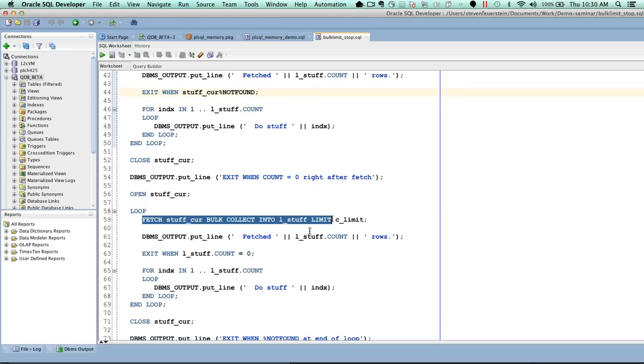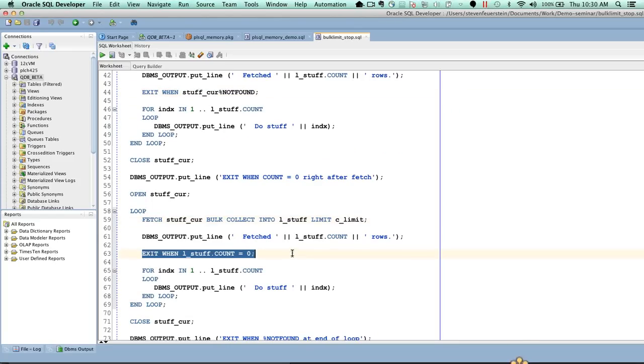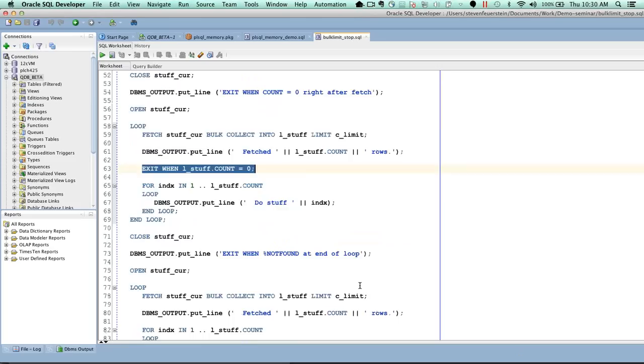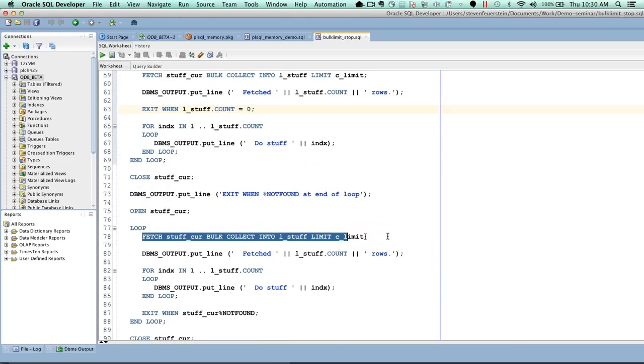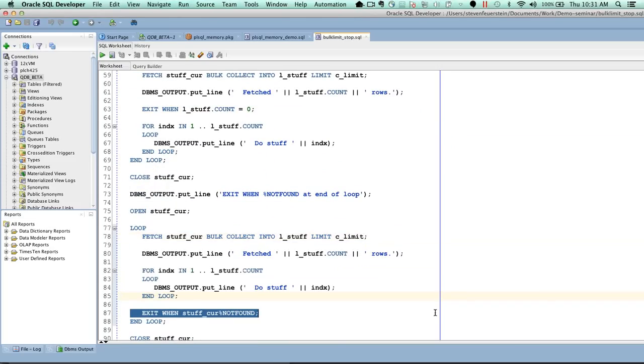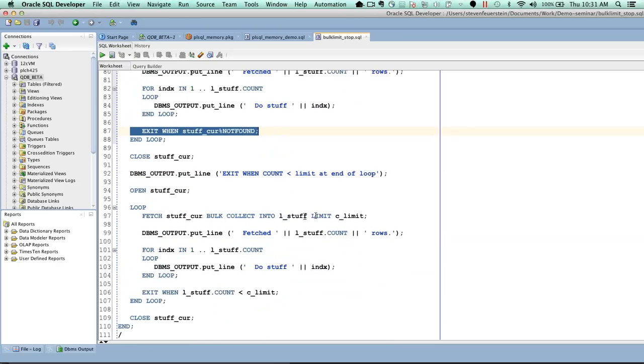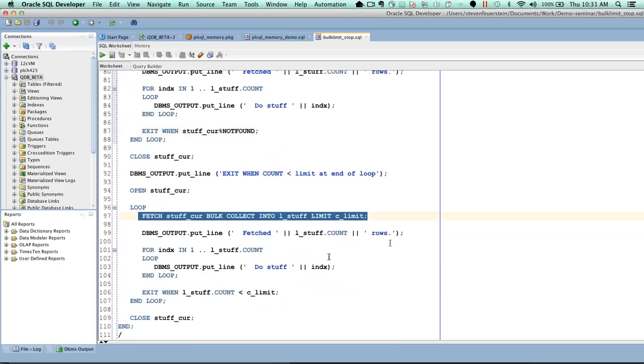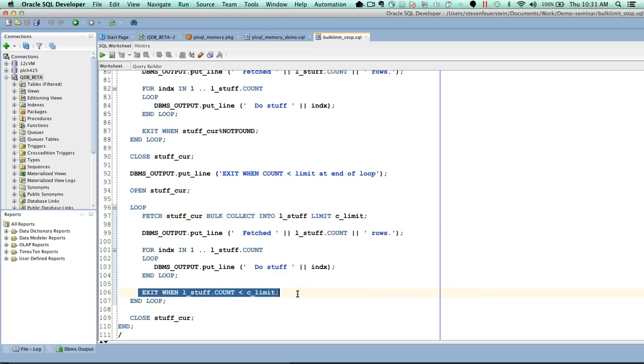I could fetch bulk collect and then exit when the collection count is 0, because when it's 0, it's empty, nothing's been fetched. I could fetch bulk collect, do my work with the collection, and then exit when not found. That'll work out okay. And I can also say fetch bulk collect with my limit, and exit at the bottom of my loop when the count is less than the limit, because obviously I didn't hit the limit, which means I've exhausted my processing. Let's run the script